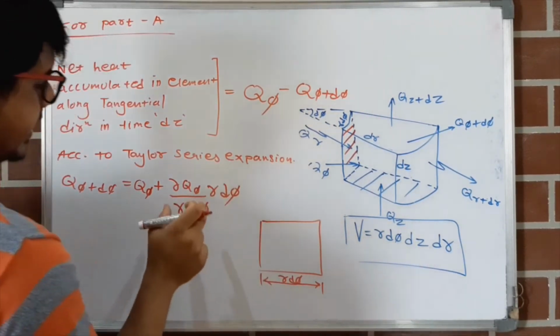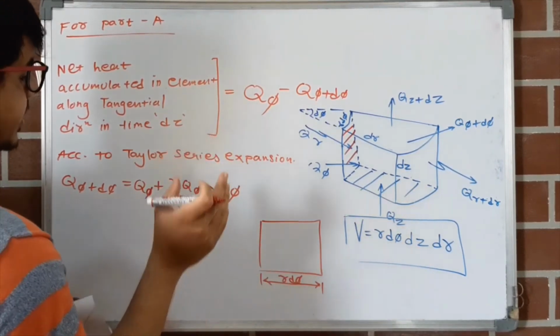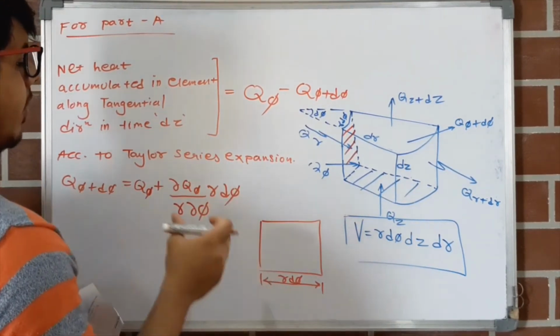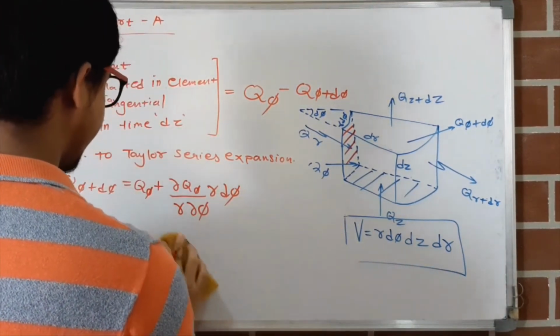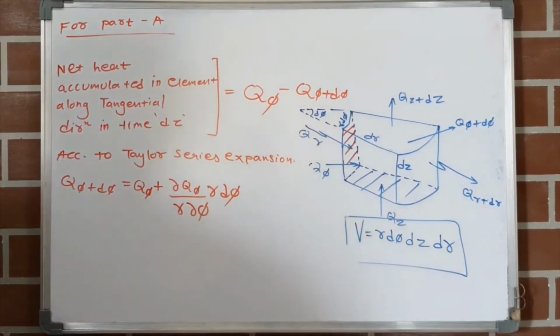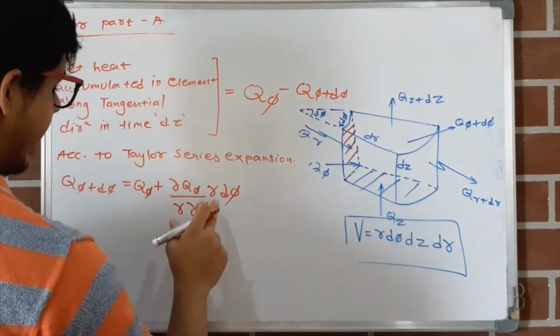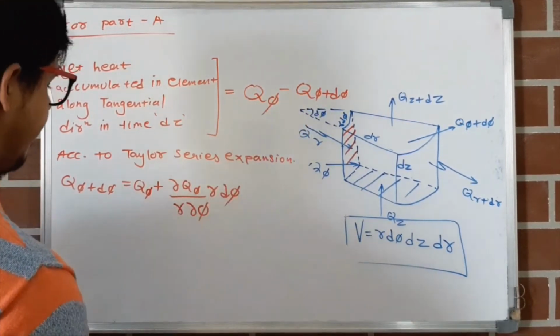A reason behind this r del phi is a different reason which we have to go into in the principle of derivative, but we don't require that for our topic. So remember this jugaad method. Okay, so this is q phi plus del q phi by r into del phi into r into d phi. Now we will substitute this whole term in above.